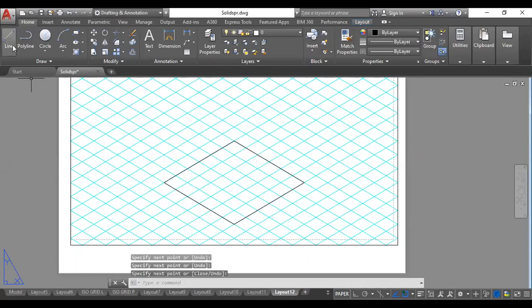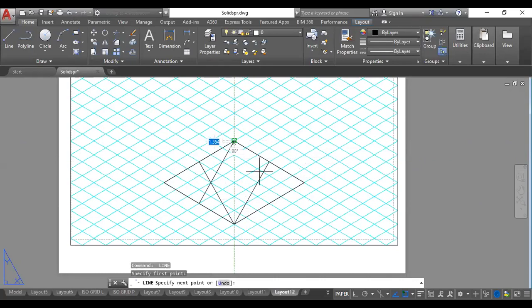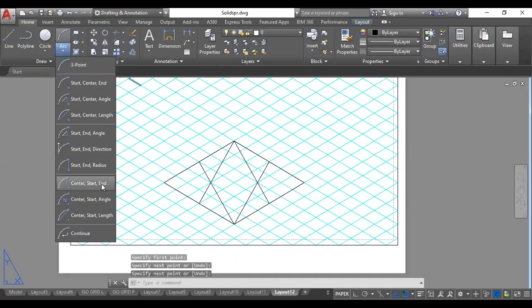Then using the 4 center method, you need to identify the minor axis. These two are the minor axis. So from here to the midpoint, and then from here to the midpoint, and from this point to this midpoint, and from this point to this particular midpoint. Now I need to join them using the center start end method arc.